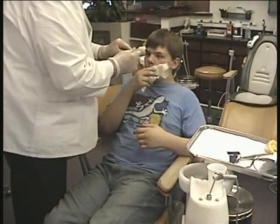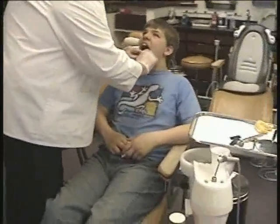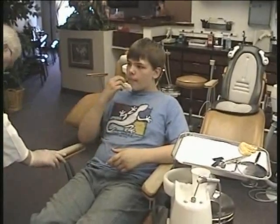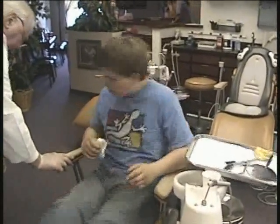I have just inserted the appliance and am inserting articulating paper to adjust the bite. You will notice that he identifies the right side of the appliance as being too high several times. I then lower the right side. It must be balanced. The appliance must be balanced so he hits both sides when he occludes simultaneously in time